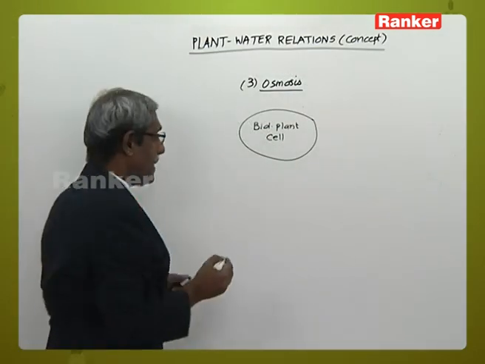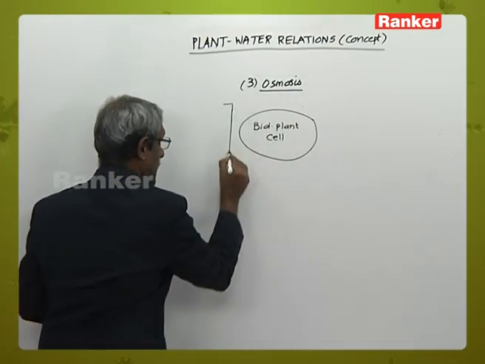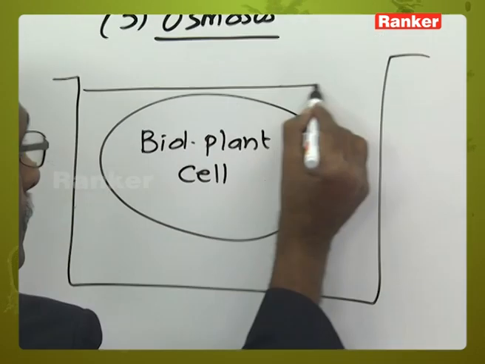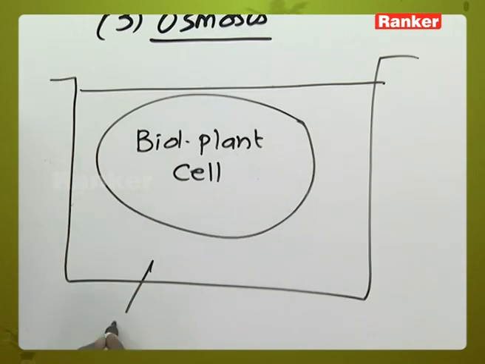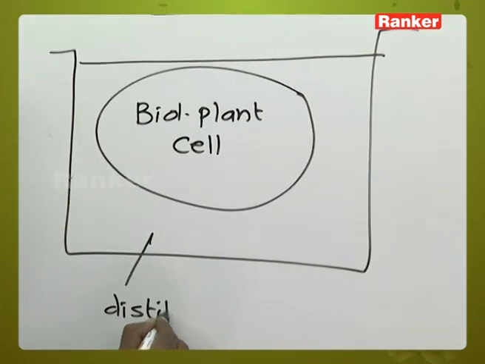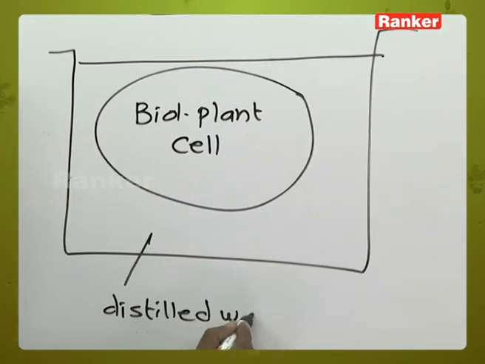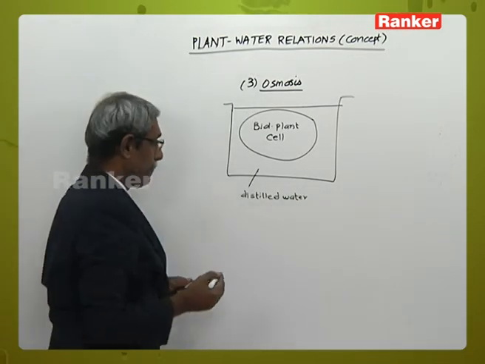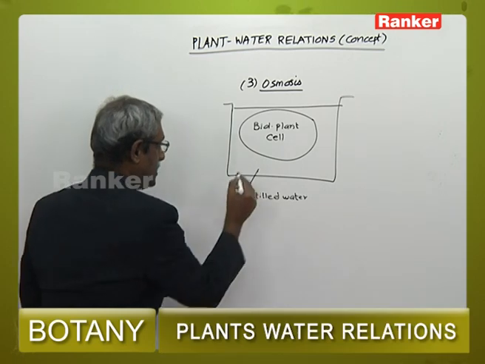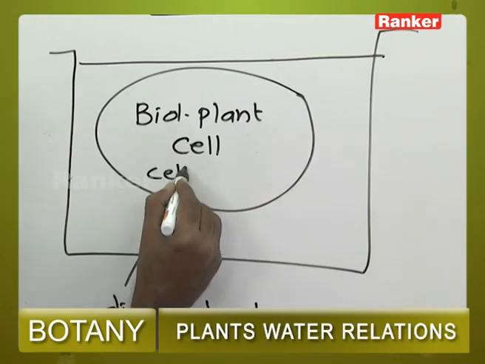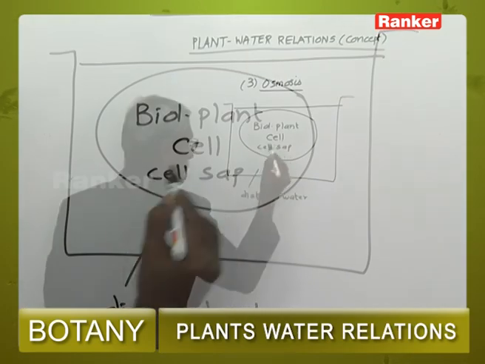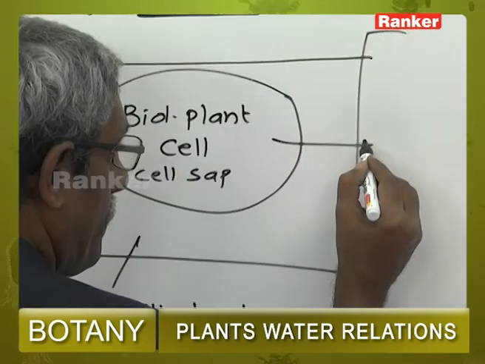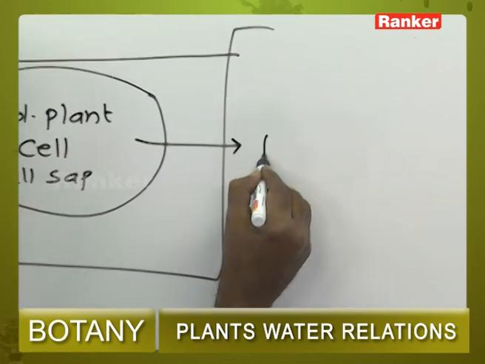If the biological plant cell is placed in a beaker which contains distilled water, the biological plant cell is rich in cell sap. It has high